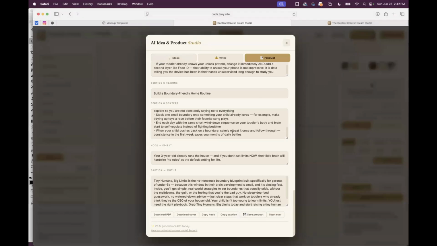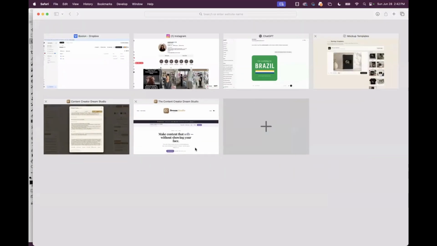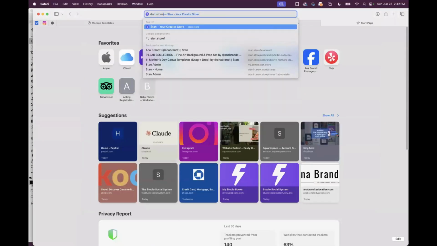I can go and modify it. I can upload images. I can add a hook, add ManyChat to it, put it on my Instagram and sell a $5 guide, put it in my Stan store like this. Imagine if you just did one of these a week, you guys. Imagine. I started a Stan store a year ago just doing simple things like this. Stan stores are super easy to set up.